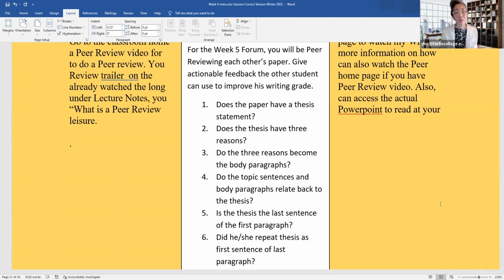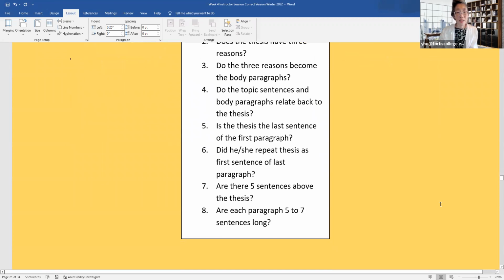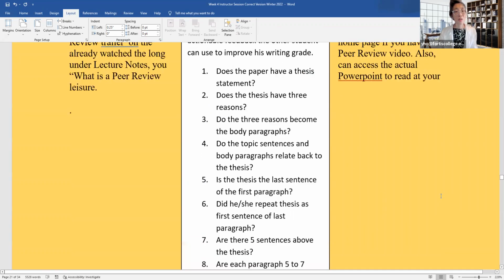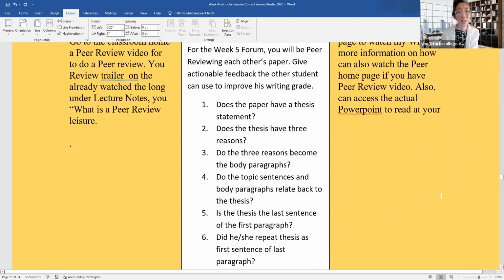And so here you would ask: does the paper have a thesis statement? Does the thesis statement have 3 reasons? Do the 3 reasons become the body paragraphs? Do the topic sentences in the body paragraphs relate back to the thesis? Is the thesis the last sentence of the first paragraph? So you can use all of these questions as a kind of checklist as you read over that person's paper,